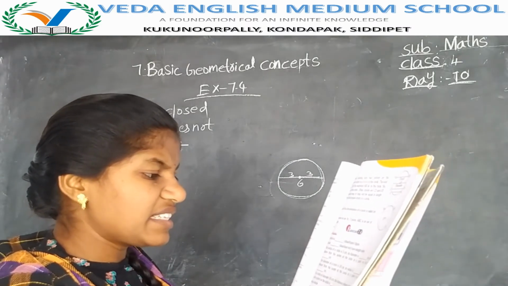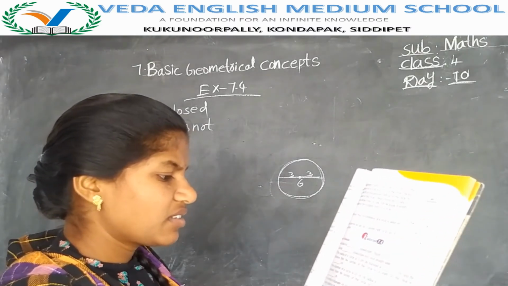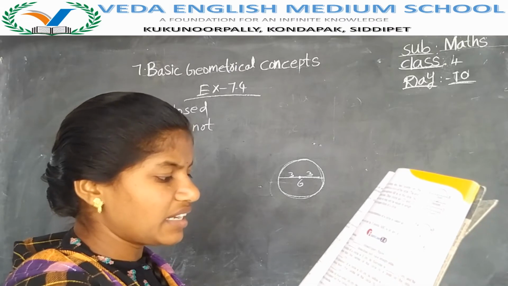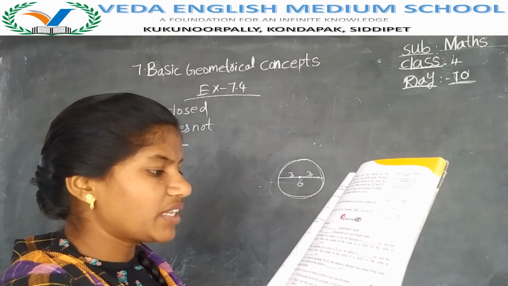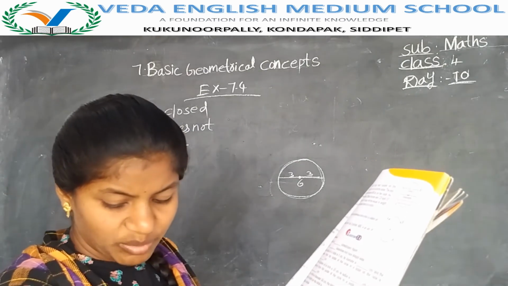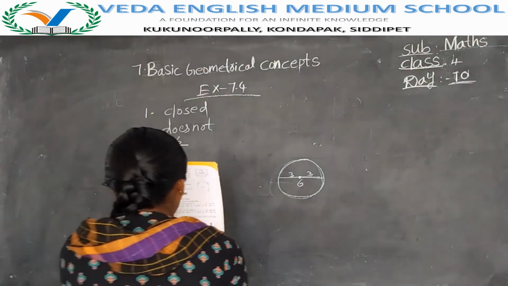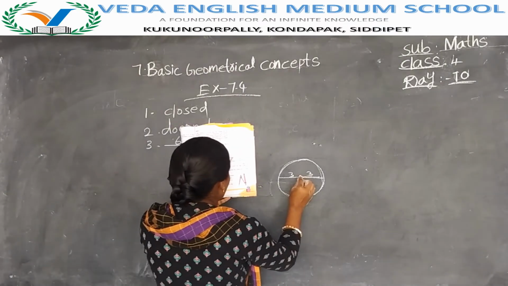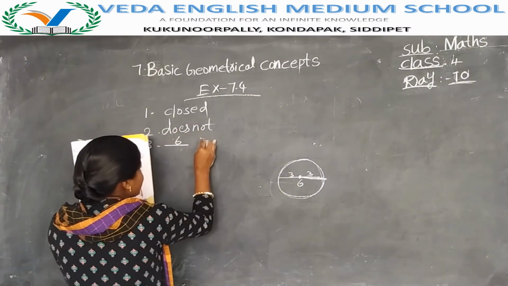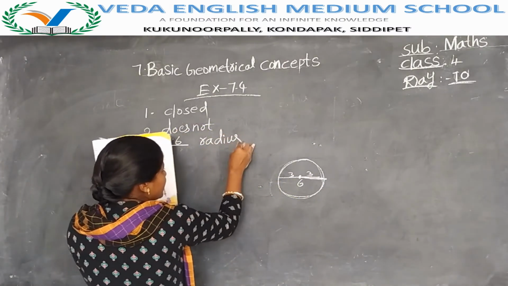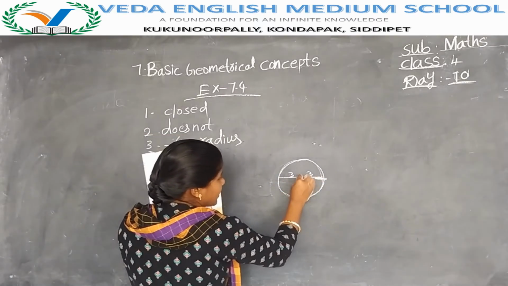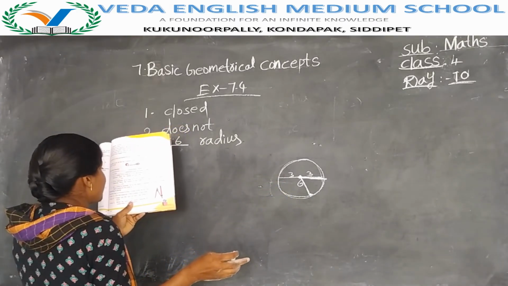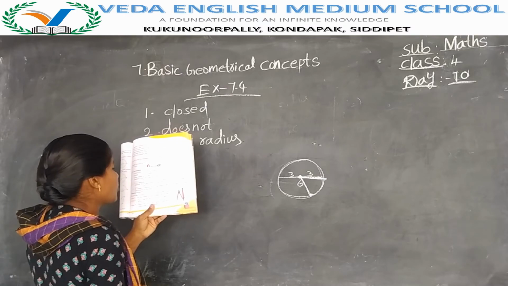If the radius of the circle is 3 centimeters, its diameter is 6 centimeters. And the distance from the center of the circle to a point on the circle, which is dash centimeters, that is radius. The distance from the center of the circle to any point on the circle is called the radius of the circle. First one they have given wrong. Distance from the center to any point on the circle is called the radius of the circle. That is not centimeters. Sorry.